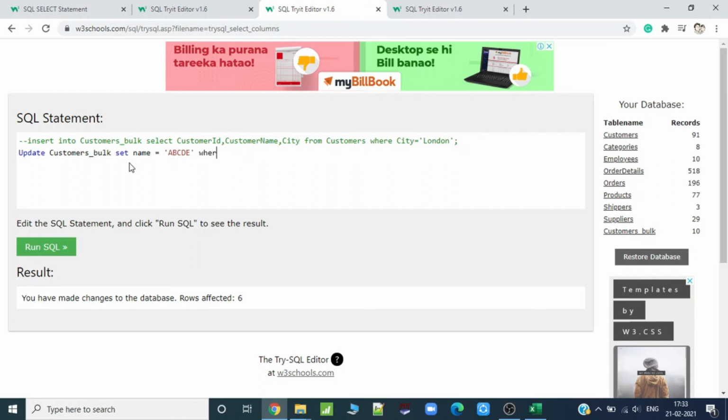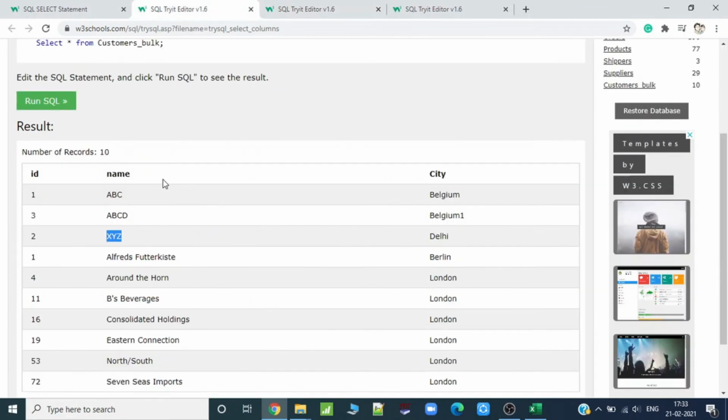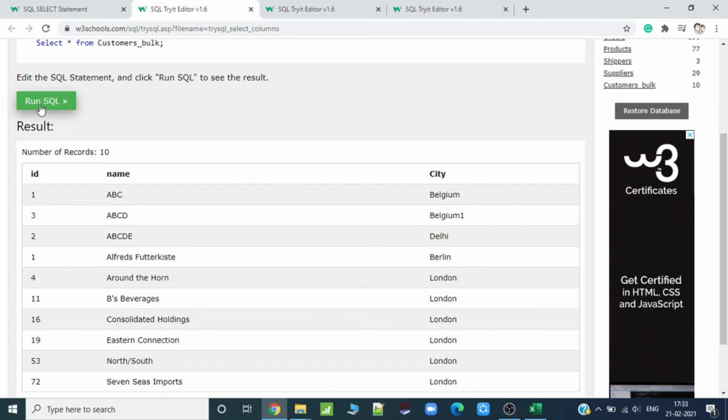Now what's the condition? Where city equals Delhi. If I just hit it, you can see rows affected is 1. Initially when the city is Delhi, it's XYZ, but now if I rerun it, you can see it's ABCDE.